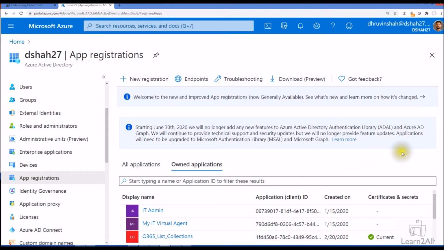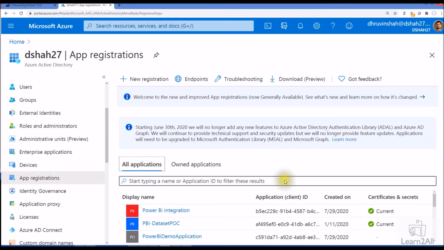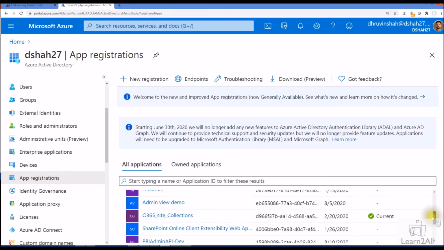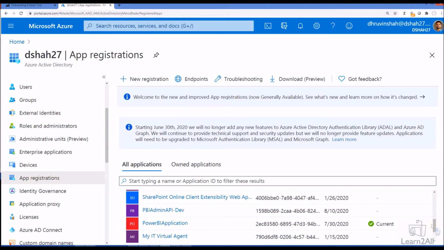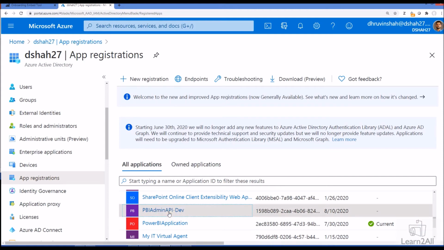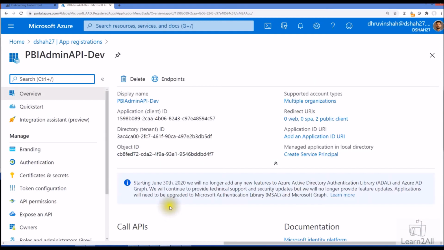Now from here we need to choose all applications. Now if you open all applications, we have all available applications. Now as we can see, we have registered our application as PBI Admin Dev, right? So just click on our application and we have the app ID like this.